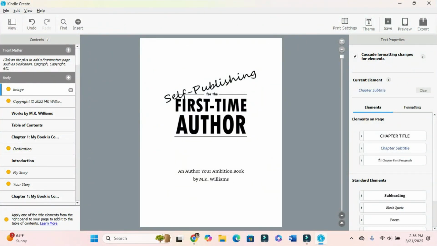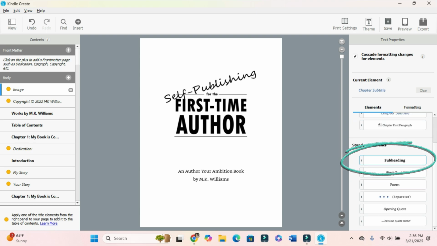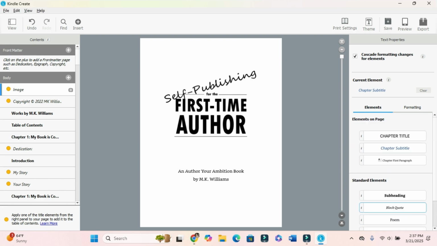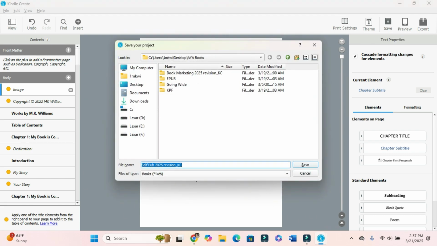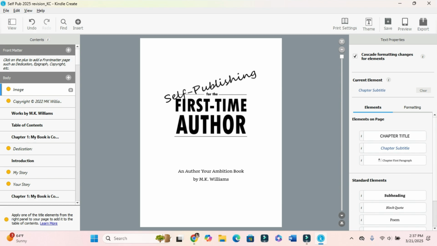Okay. Now over on this far right, as you can see, that's where I was changing the titles and subtitles. You can do a few other standard elements if you have a block quote, a separator, you need to give credit on an opening quote, things like that. But it is very limited. And then I can save. Last time I was doing this, it actually gave me a nice little reminder, like, did you need to save this? And I was like, yes, I did in the middle of the tutorial, and it was beautiful. Because you should always be hitting save.